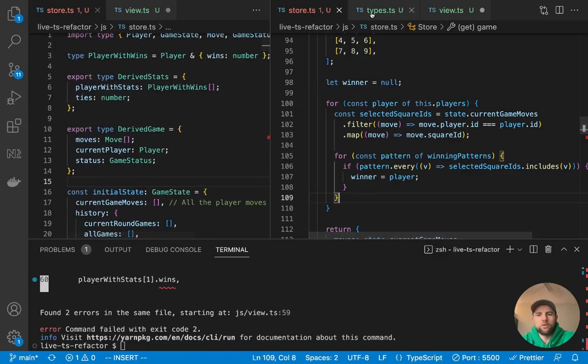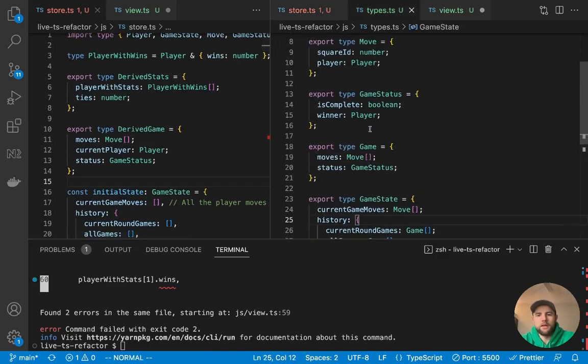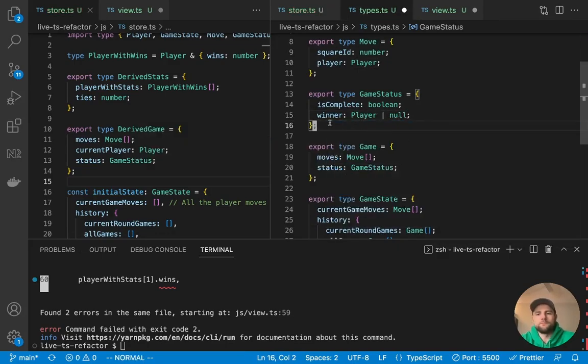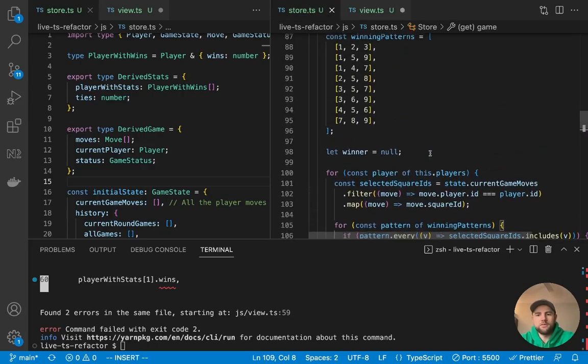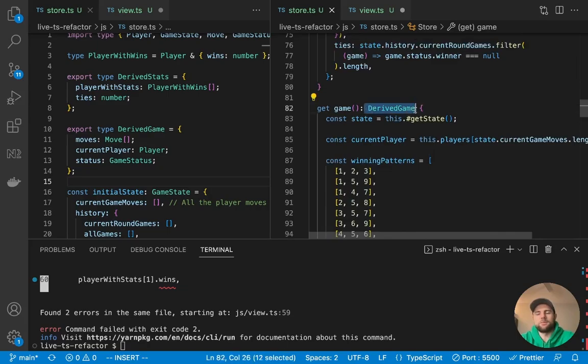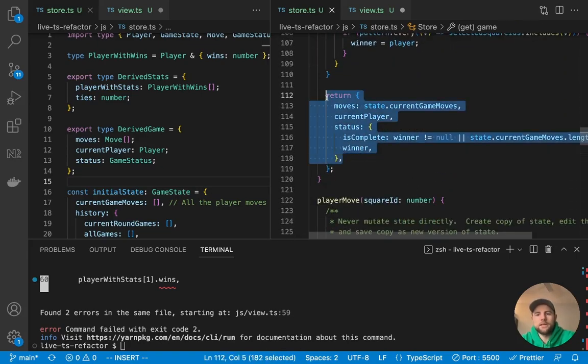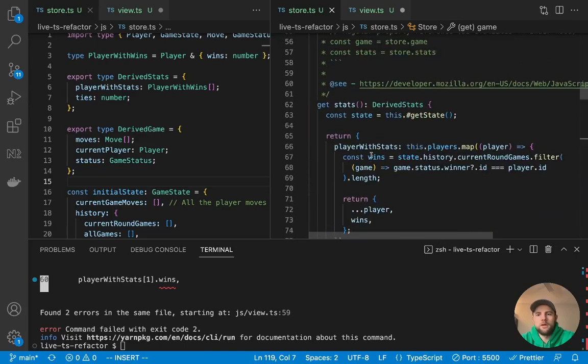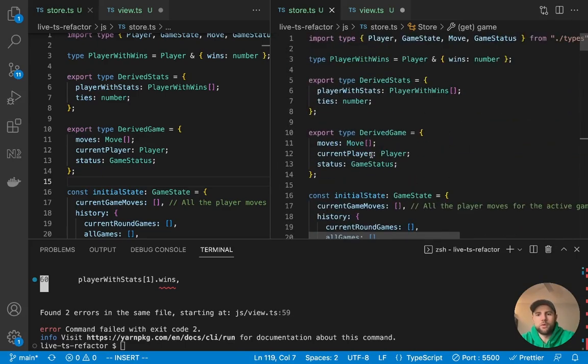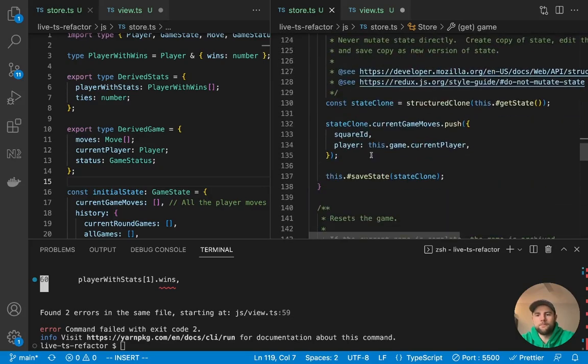So if we go to our original types and go to game status, this should actually be player or null. It should not just be player, because if it's null, that means we have a tie game. So that was something that we fixed by being more explicit, which is a good thing, and why you should always explicitly define your types where appropriate. So now it's not yelling at us for this anymore. We're looking good. Let's see if that broke anything elsewhere.